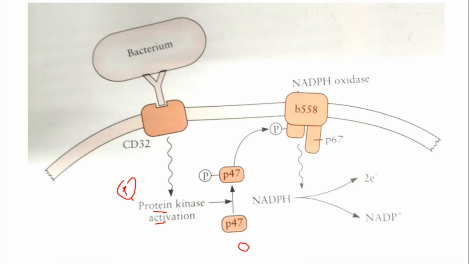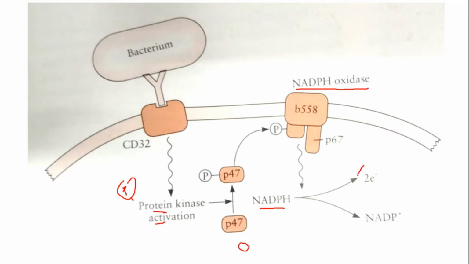This enzyme complex is called the NADPH oxidase enzyme, which is generally located on the neutrophil surface. Once the NADPH oxidase enzyme is phosphorylated, it drives the hydrolysis of NADPH in the neutrophil cytoplasm,